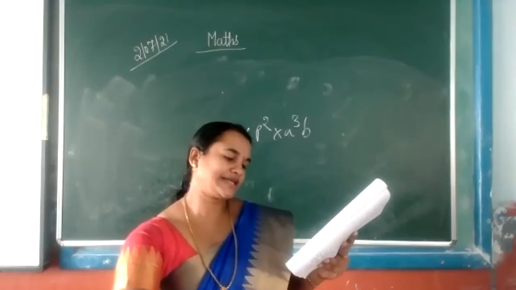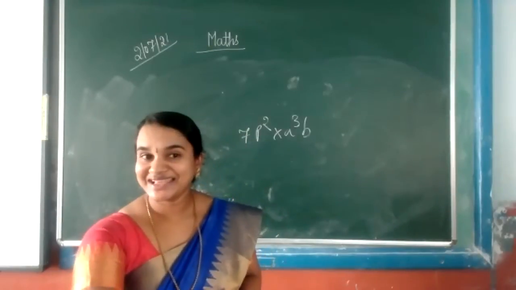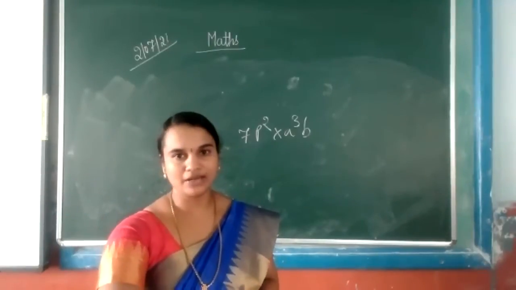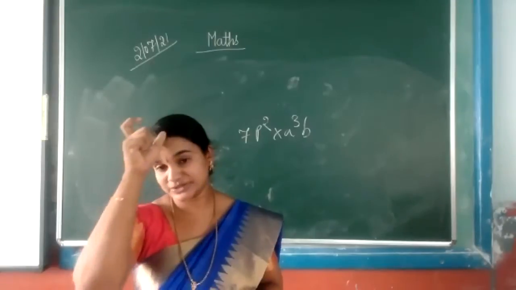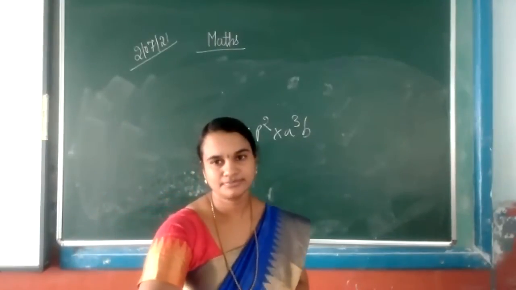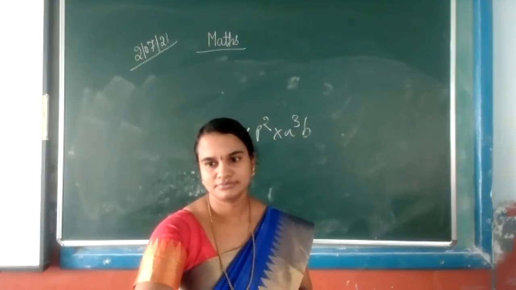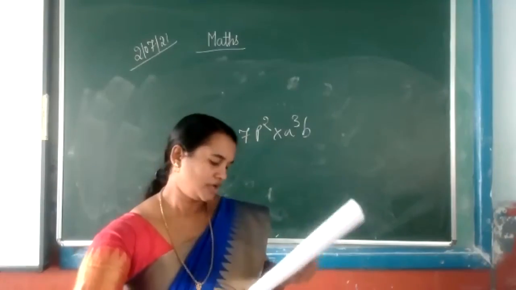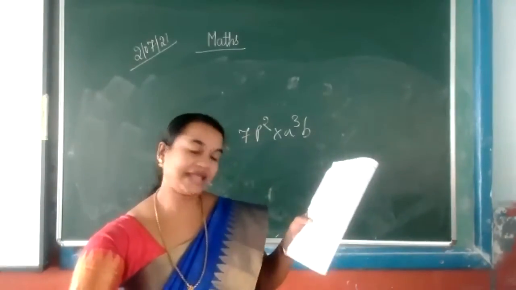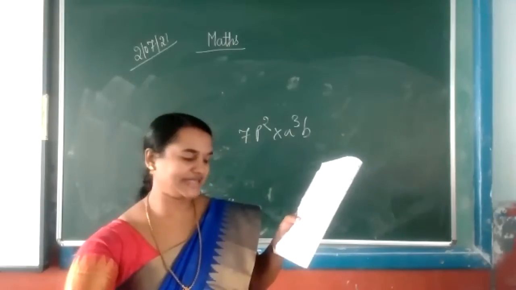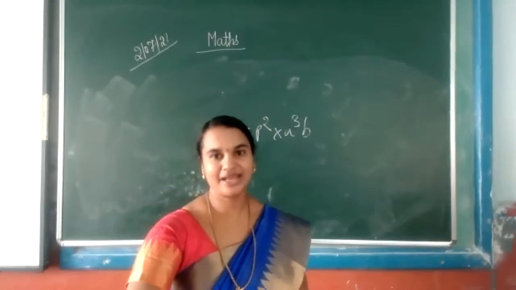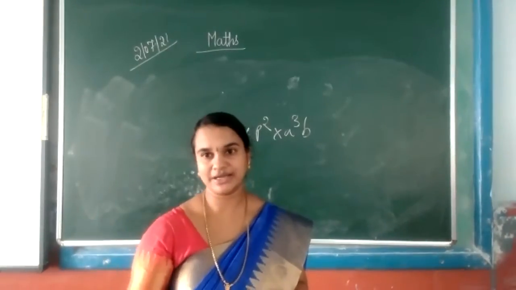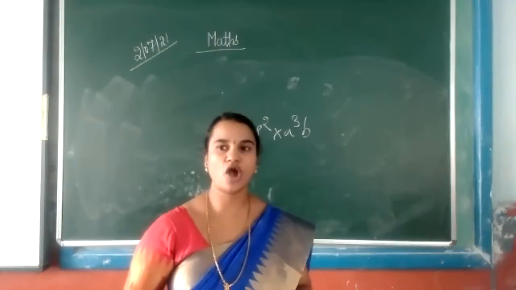Now third one, 3x squared divided by p. Yes, Manya, correct. Only 1, that means that is the monomial. Only plus and minus we use to separate the terms. Now fourth one, 3a plus 2b minus 5c upon 7. Yes, correct. That is also trinomial. Correct, Aditi, because 3 terms are there. 3 terms means trinomial.